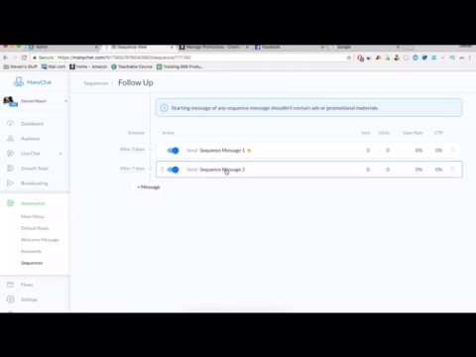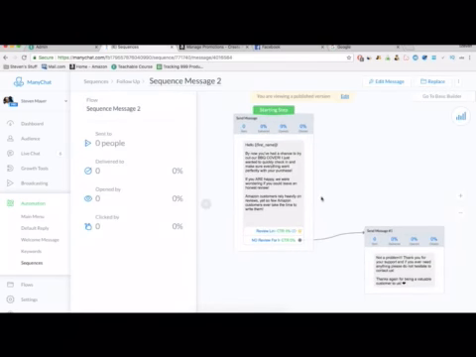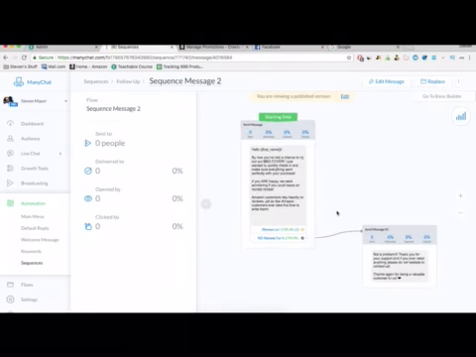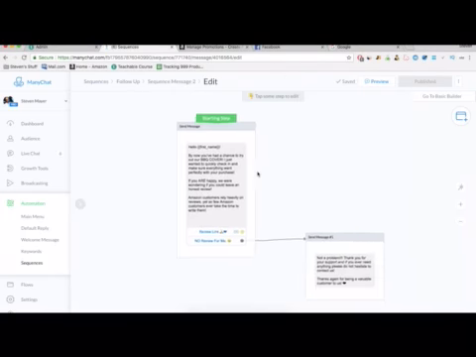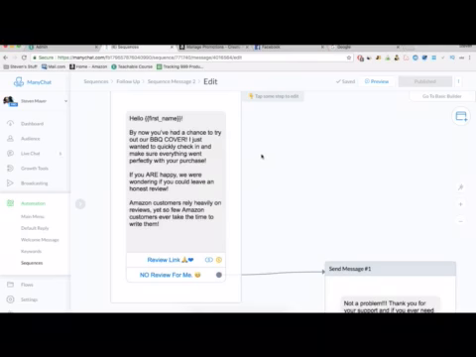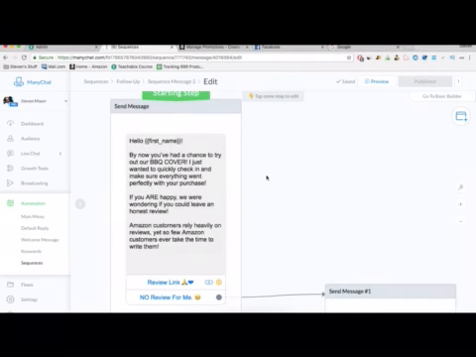Now, for sequence number 2, this is where we're going to be following up with them in regards to the review. Okay, so now you're going to send them this message. So you're going to say, hello, first name. By now you've had a chance to try out our barbecue cover. I just want to quickly check in and make sure everything went perfectly with your purchase. If you are happy, we are wondering if you could leave us an honest review. Amazon customers rely